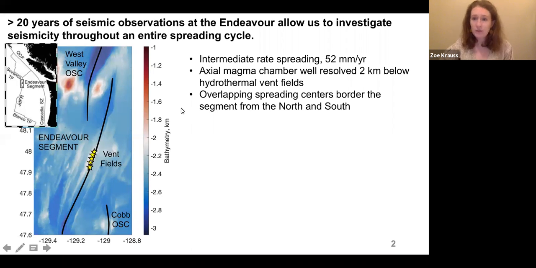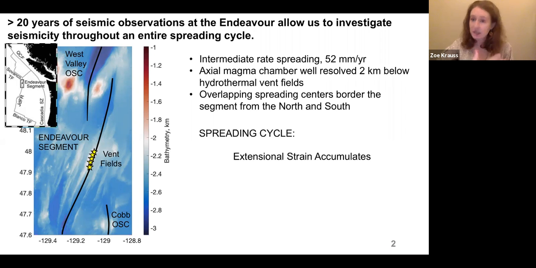And what I'm hoping to investigate with my earthquake catalog is the seafloor spreading cycle at this ridge. And so a spreading cycle such as this is, of course, driven by the accumulation of extensional strain. And with an intermediate spreading rate and a magma chamber, the way that this strain is relieved on the Endeavour is via dike injection. So once accumulation of strain reaches a breaking point,